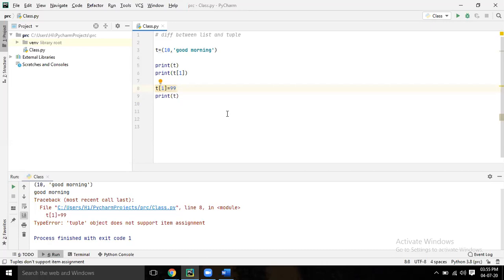If it is something like an Aadhaar card number or the value of pi, something you are not going to change, you can put it in a tuple. Unique numbers which you are not going to change, you can put in a tuple. Now save it.